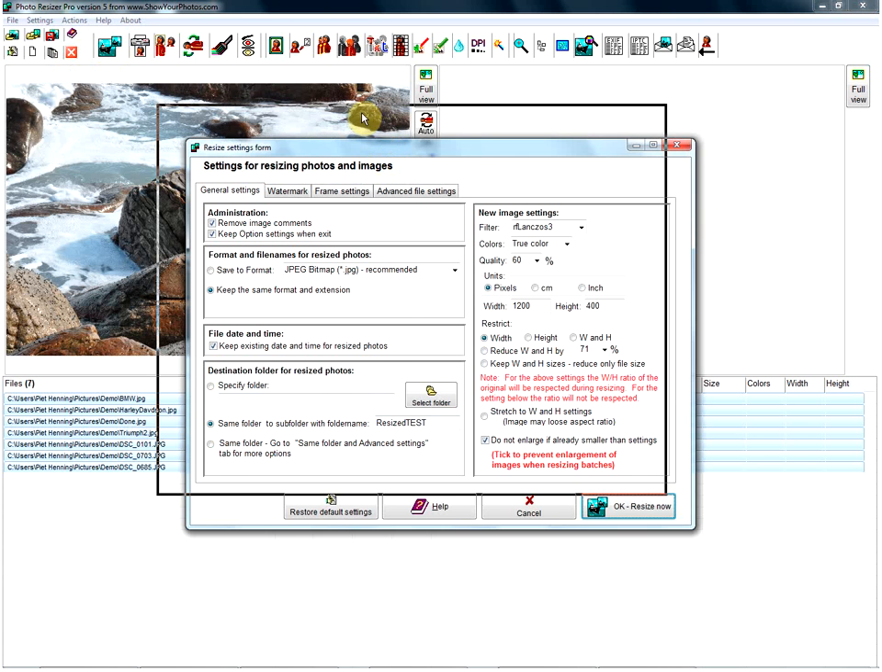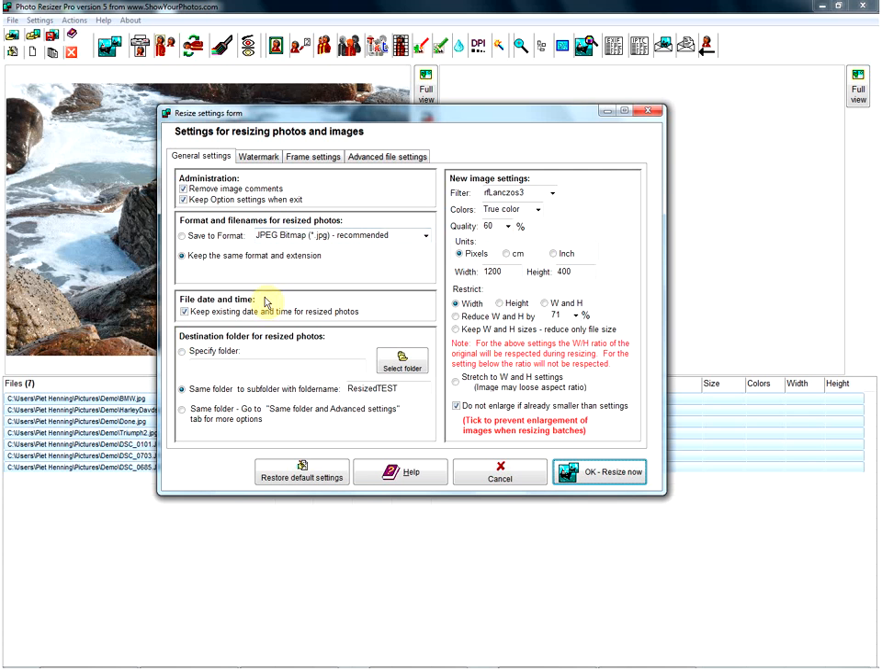You will be presented with a settings form, and if I can quickly go through them, there's administration. It's regarding the image comments and the settings when you exit. You can also save the format to something specific or keep it like it is. You can keep the file date, and you can specify the destination folder. In this case we will say let's change the name to 2030,